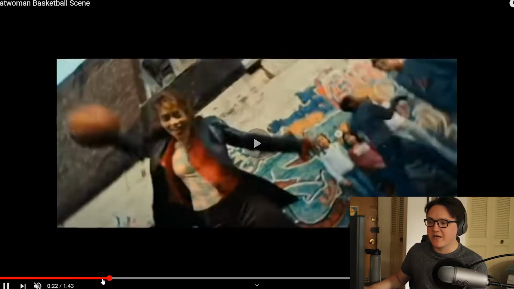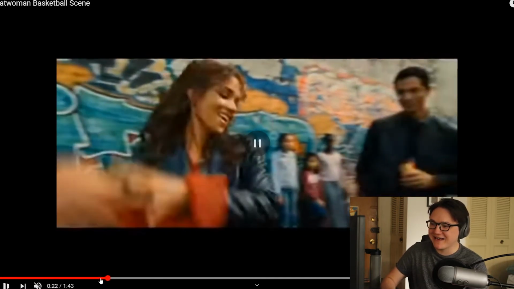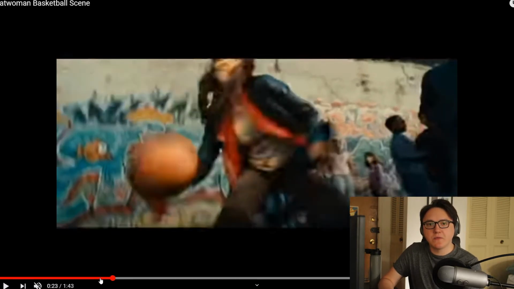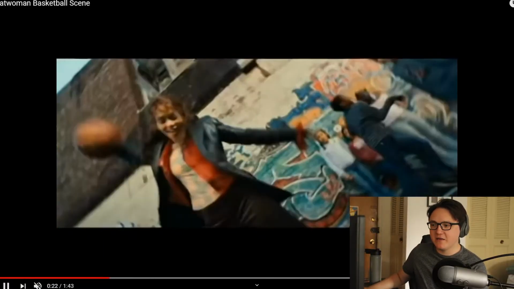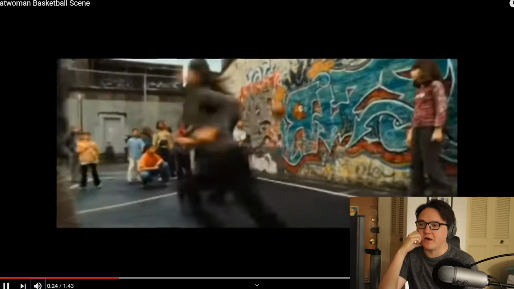But also, what is she even doing here? What is she doing right here? Whoosh. What is that? Is it going under her leg? Because it's not going under her leg. She's reaching down with her right arm and then grabbing it with her right arm. That's not how bodies work. You can get the movement they're trying to go for, but no, it's not good.